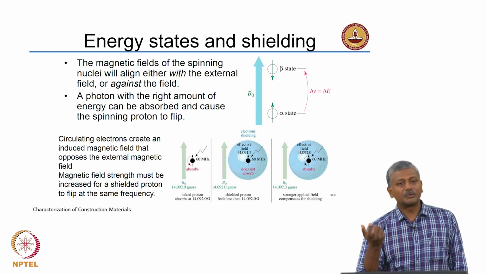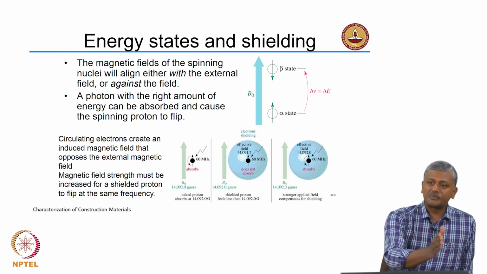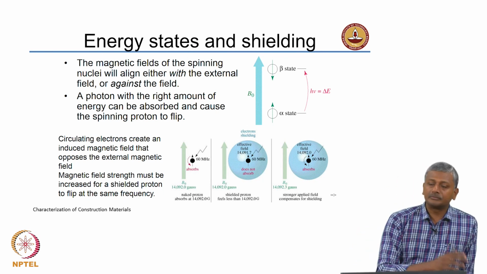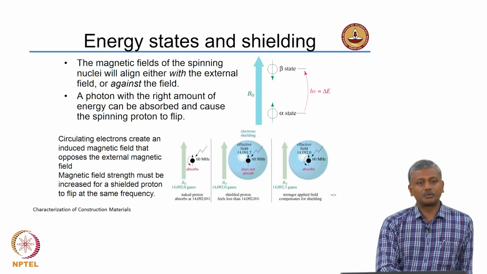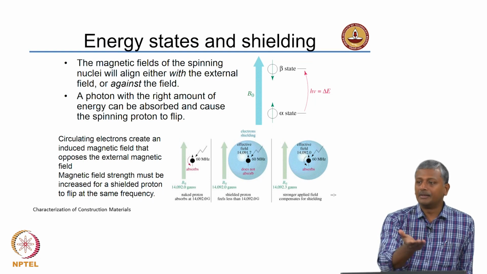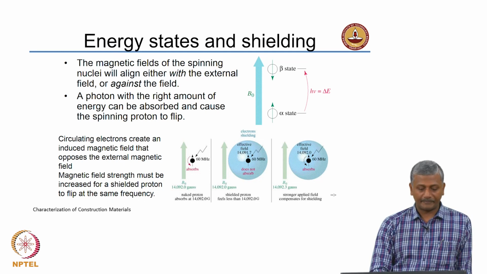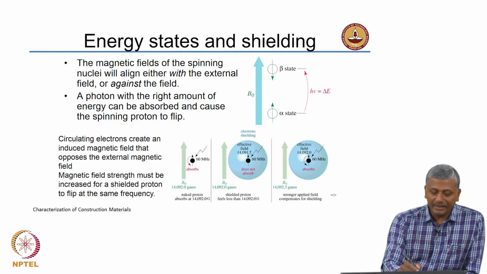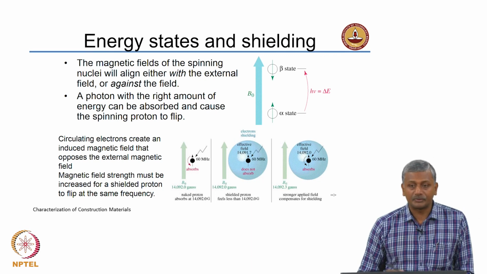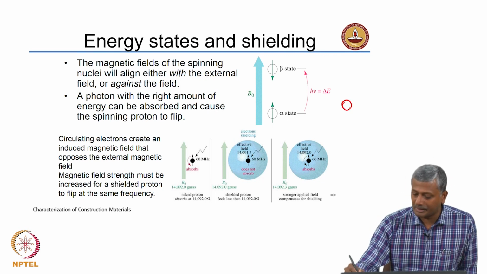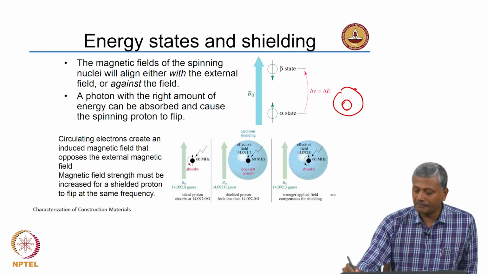Okay. So, these absorptions are generated at specific frequencies for specific elements that you have in your sample. So, carbon will have a specific frequency, aluminum may have a specific frequency, silicon may have a specific frequency, and so on. Okay. So, these circulating electrons create an induced magnetic field. We know that it is not just the nucleus in the atom, right. We have electrons also which are orbiting the nucleus.